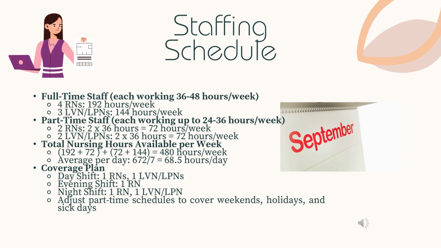Thank you, Logan. To cover these hours, we have calculated the total available nursing hours per week. For our full time staff, we have 4 RNs working 36 to 48 hours each per week, totaling 192 hours, and 3 LVN or LPN working 36 to 48 hours each, totaling 144 hours. Our part time staff includes 2 RNs working a minimum of 24 to 36 hours each per week, totaling 72 hours, and 2 LVN or LPNs working 3 days a week for 36 hours each, totaling 72 hours. This gives us a total of 480 nursing hours per week, which averages out to be about 68.5 hours per